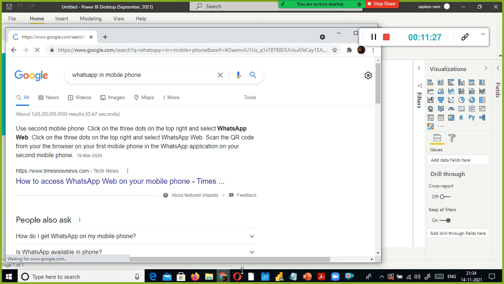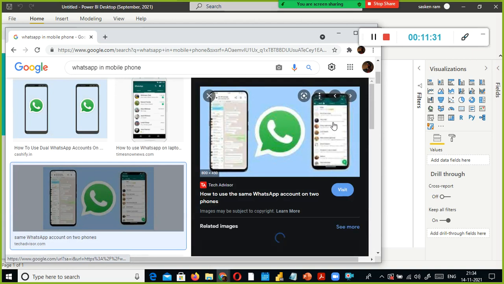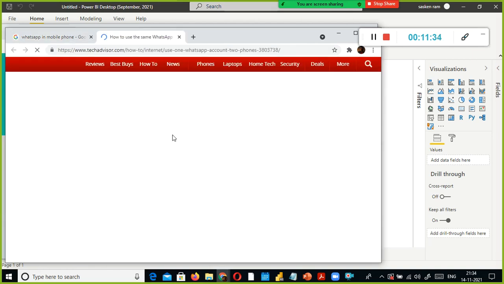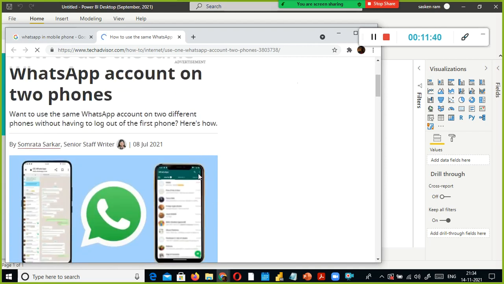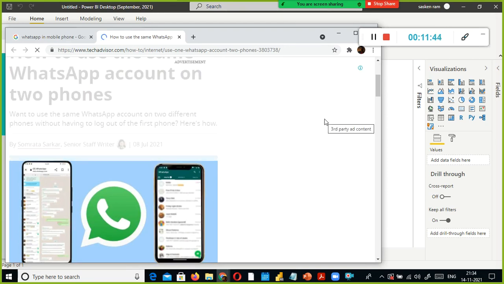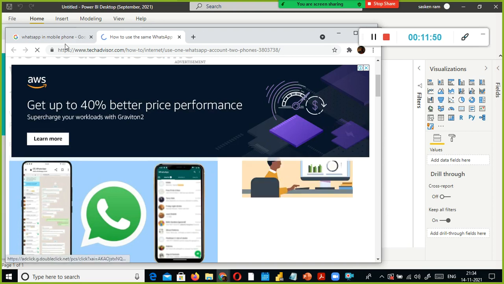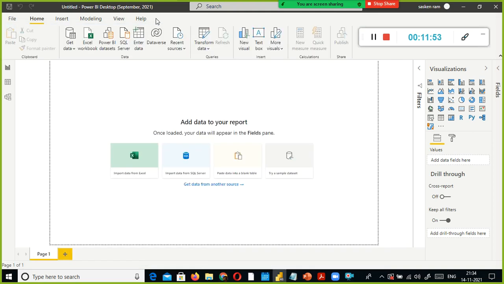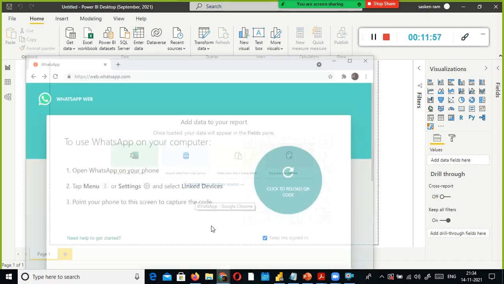Look here, this is the one I'm saying. Here you will find 3 dots. Just click the 3 dots. There you will find linked devices. Click linked devices. I think all your network bandwidths are not good, right?